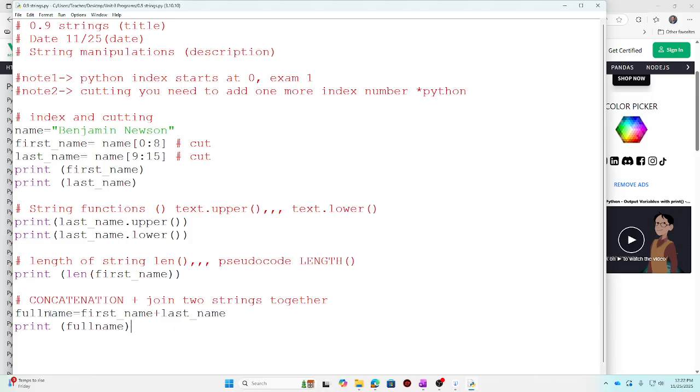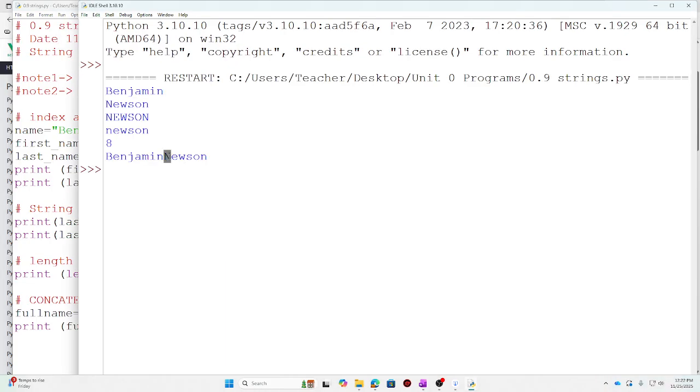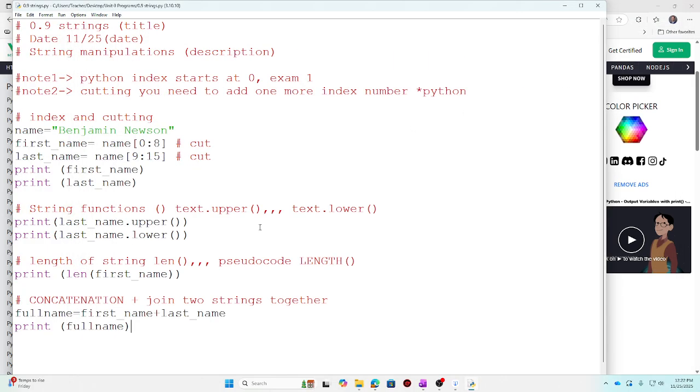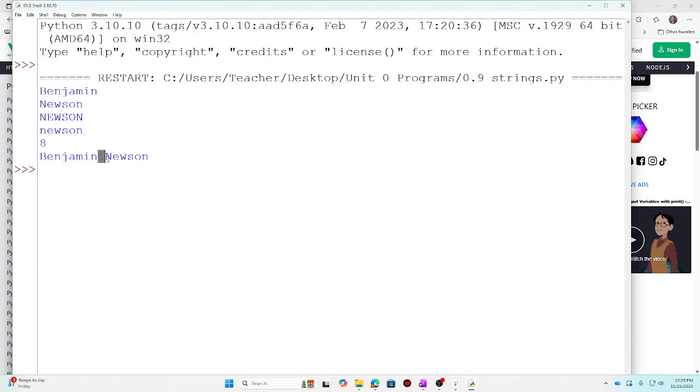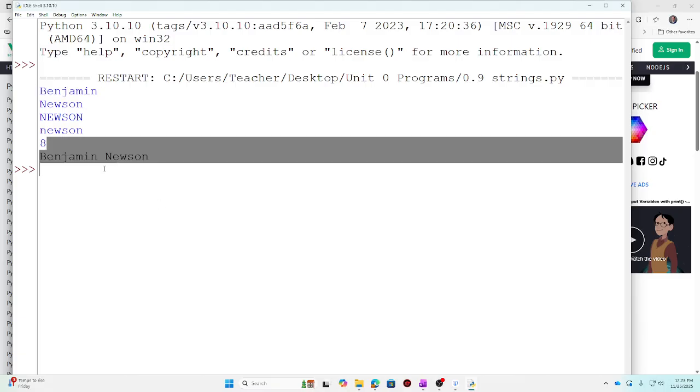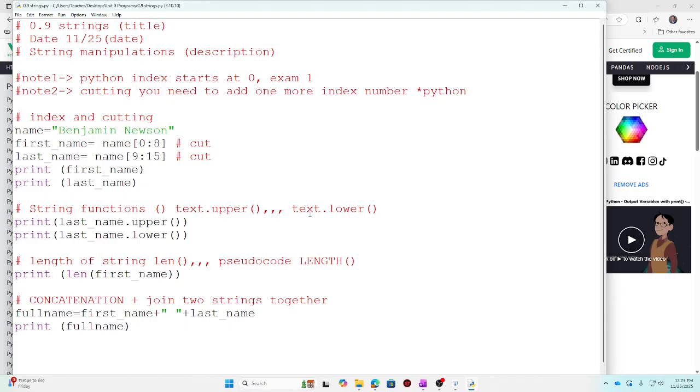concatenation? Let's say, because I'm joining two variables, but it doesn't have a space. How would I add a space in here? Say, what can I do? Instead of just joining, you have to put a space because that actually takes a piece of data, right? And then when I hit run, it actually has a space there. Very nice. That is all about string manipulation, okay?